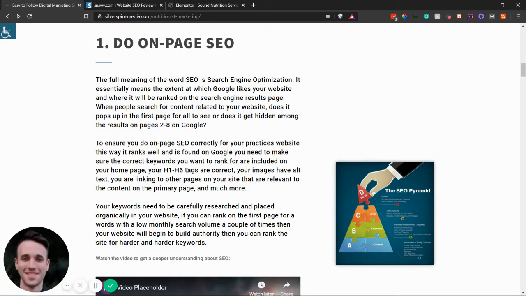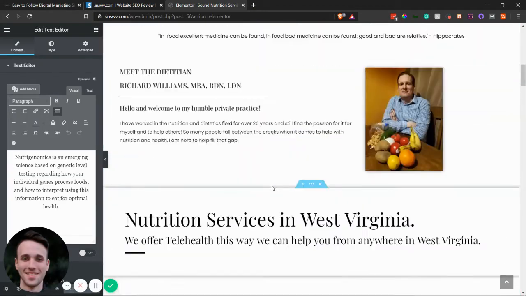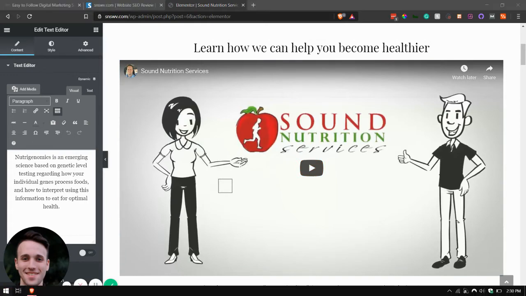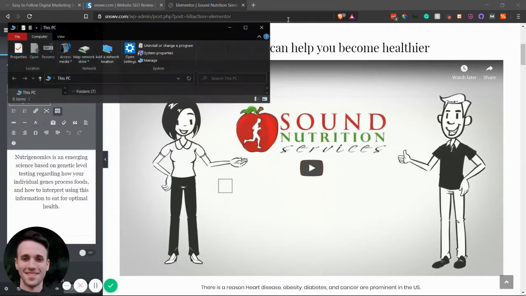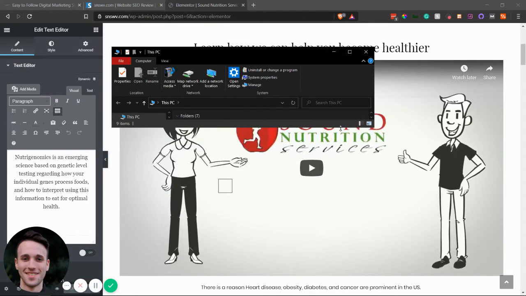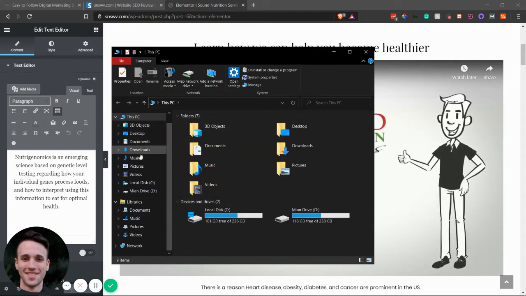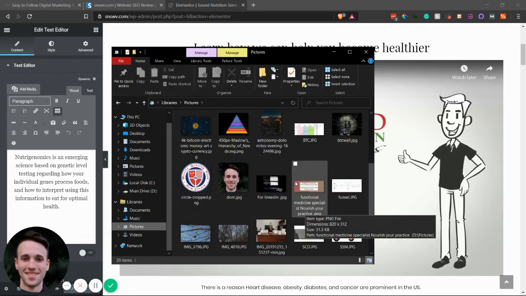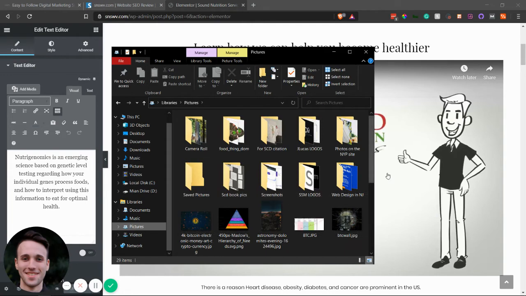Now, next, I go over images in my article. Before you upload an image to your website, you want to make sure it's named properly, and you want to name it inside of your computer. So if I come over here to my files, and then I go to pictures right here, you'll see, let's see,